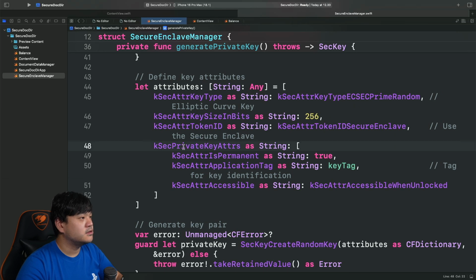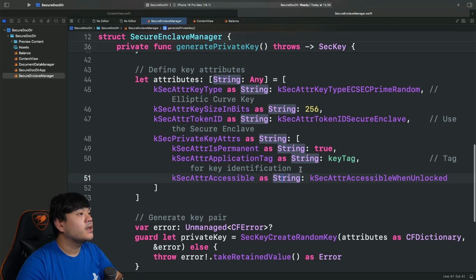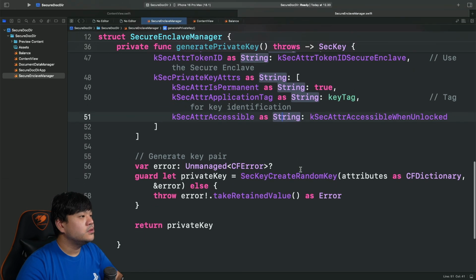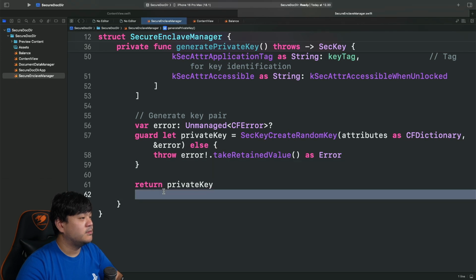For the private key attributes, it's permanent true, and the application tag to associate the application with the key that will be stored in the secure enclave hardware. This will be only accessible when the device is unlocked. Continuing on, we use this method SecKeyCreateRandomKey, passing the attributes. If it fails, we throw an error, and if it succeeded, we return the private key.